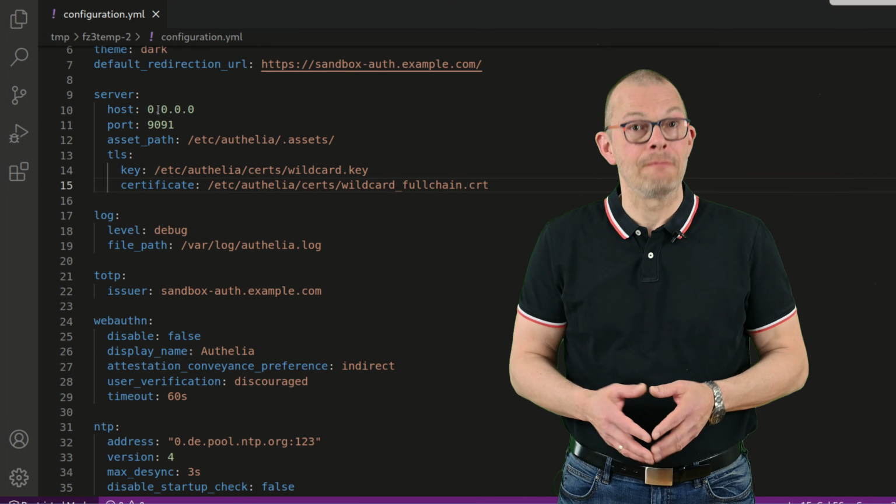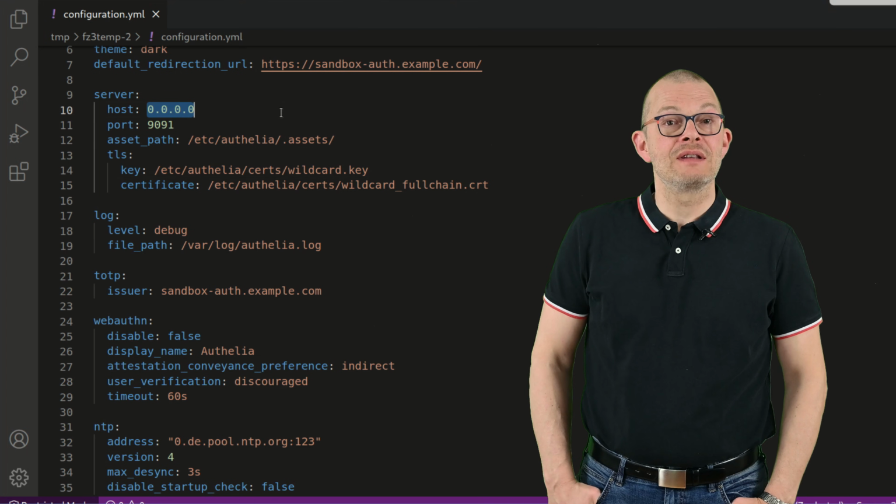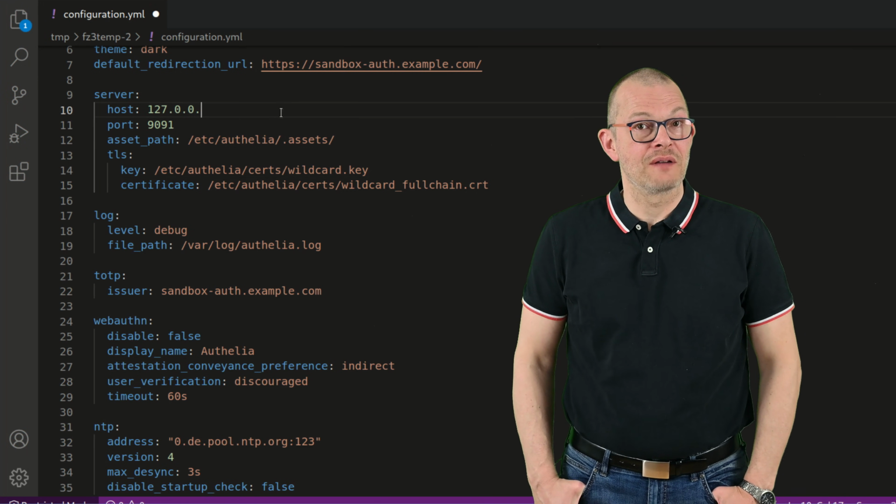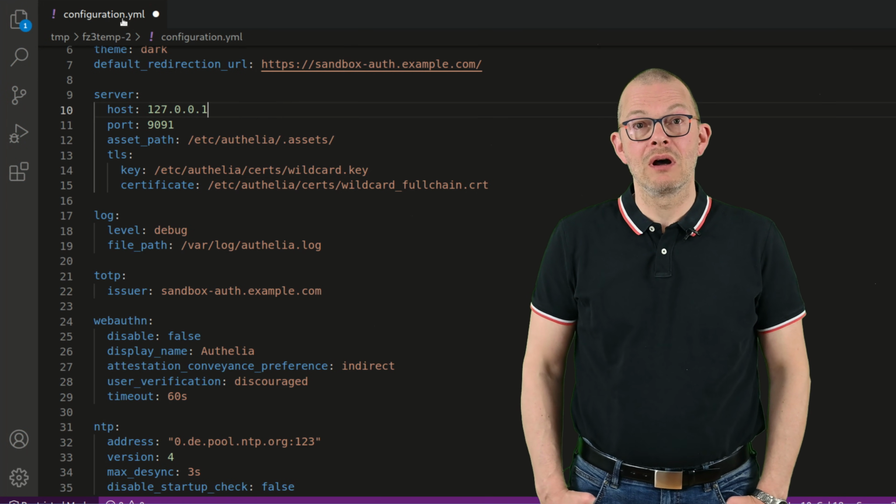Awesome! Now we have a working Authelia instance using HTTPS, and we can now hide everything behind NGINX. The installation script should already have installed NGINX in your container. All we need to change now is the listen address in the Authelia config file and point it to the localhost